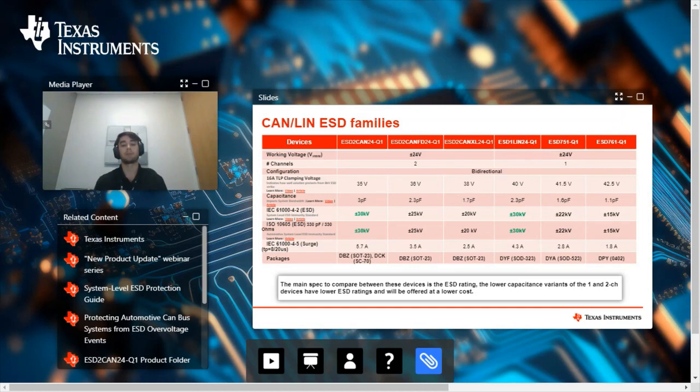So typically these connectors are exposed during vehicle assembly maintenance. For example, when a car is going through assembly, the cabling needed to connect to the control modules in the car can accumulate an excess amount of charge on them as they move through the factory. When it comes time to connect these cables to the control modules that hold the CAN and LIN transceivers, the excess charge will flow from the cable module and into the transceiver.